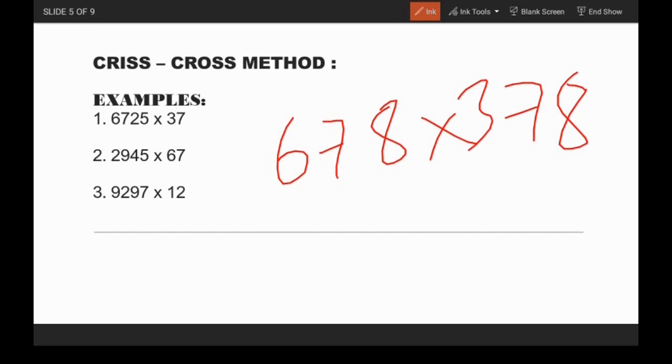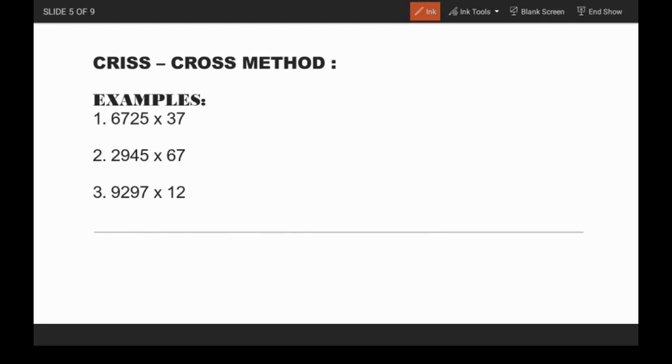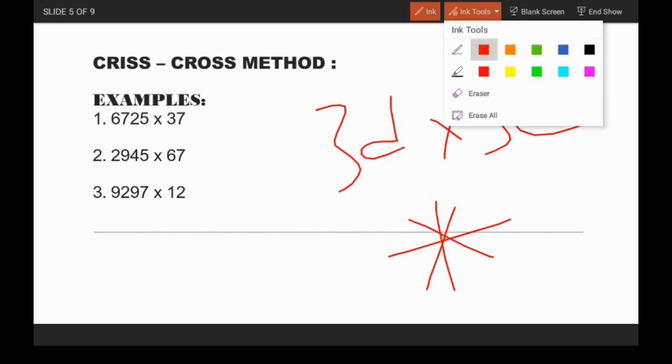The trick has been almost similar, but with a few extra changes, like adding one more cross, or we newly introduced the star. In 3d into 3d we have discussed the star method also. So if you haven't watched them, then please go to them, only then watch this video, so that you'll have a clear understanding.